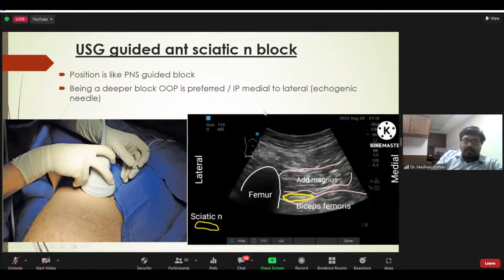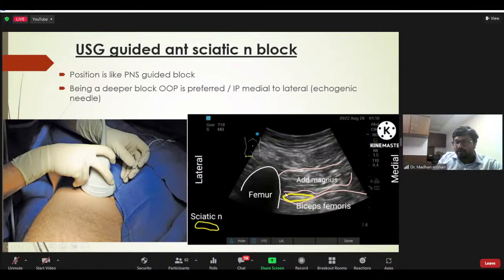Right. Ultrasound-guided anterior sciatic nerve block. So the needle entry is almost at the same level. You're going to make use of a curvilinear ultrasound probe, and you just keep the probe over the approximate part of the thigh. You just palpate the greater trochanter and keep it slightly medial and down, and you'll get the image like this. So you get the femur here, adductor magnus here, and biceps femoris deep,